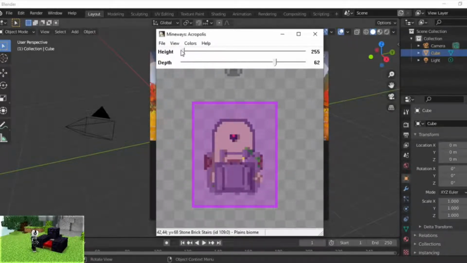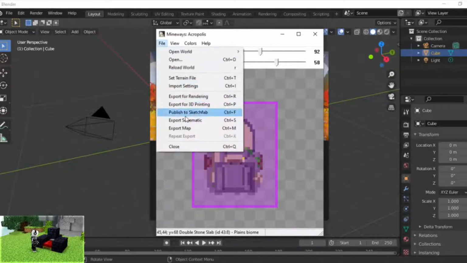So what you're going to want to do is turn the height down just a little bit so that you can see the entire roof of the map, but you're also not rendering an extra like 150 blocks. You can change this depth down also. I think whatever it starts at, 62, should be fine. And that's it. Then you're going to go to File,